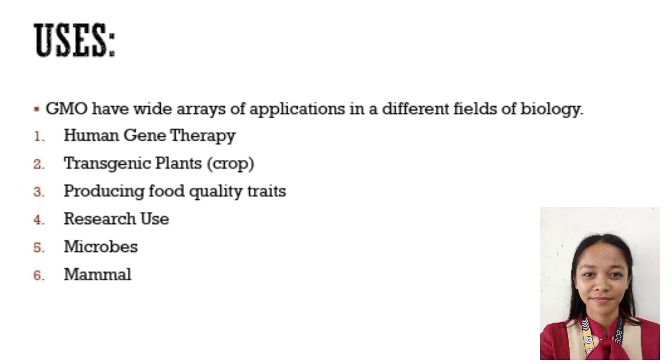GMO foods provide better nutrition and perhaps can even be engineered to contain medical compounds to enhance human health. This could be achieved by using engineering techniques like injecting some character traits of other organisms, which transfer